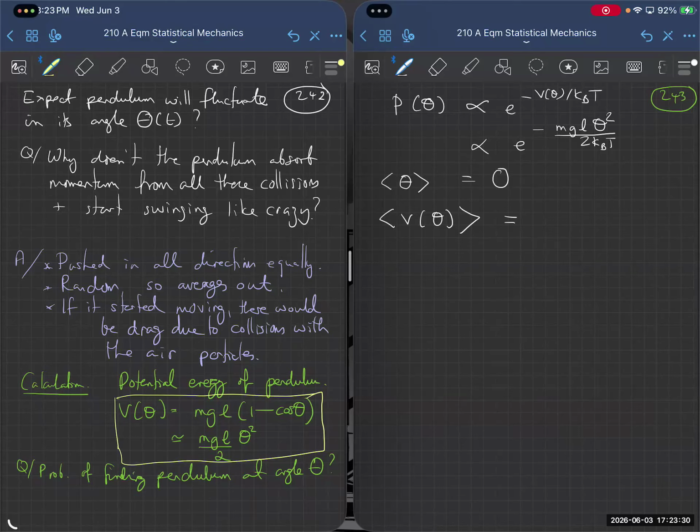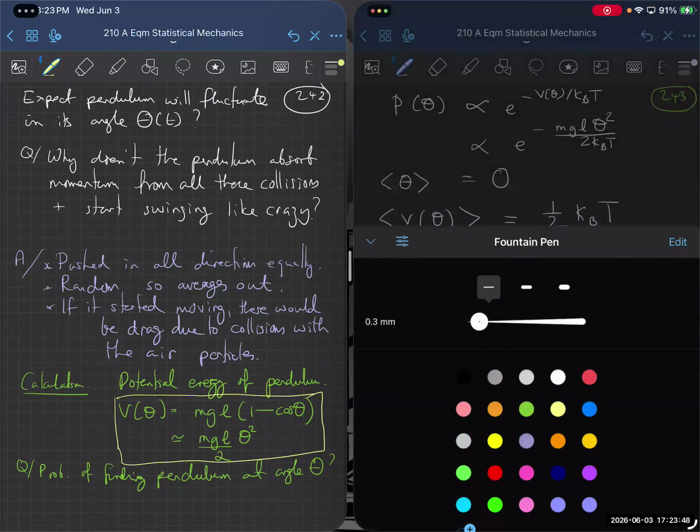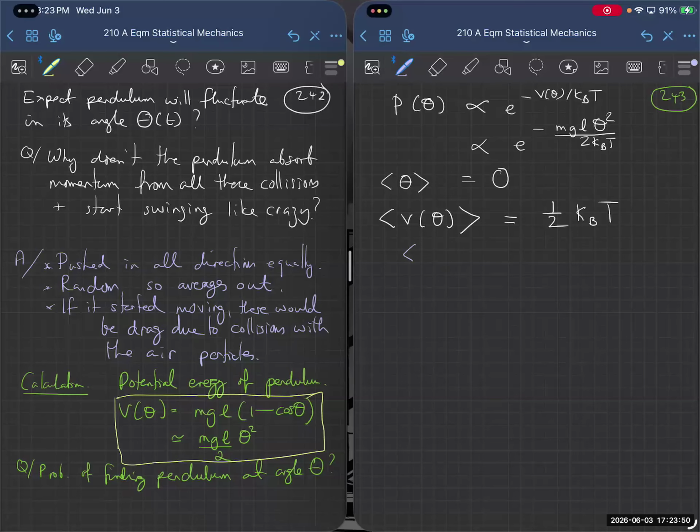That's what the equipartition theorem says. You can just do the integral yourself, but that's just proving the equipartition theorem. So therefore what we know is that the expectation value of theta squared is equal to k_B T over mgl. So we know that there is some root mean square deviation from the vertical position,